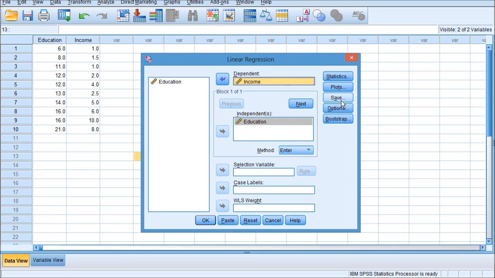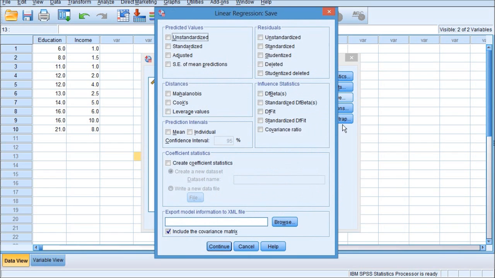Click Save button here, to generate a residual information, estimation error variable, to use for testing the assumption of normality of errors and homoscedasticity. We are generating this variable for those tests of assumptions.